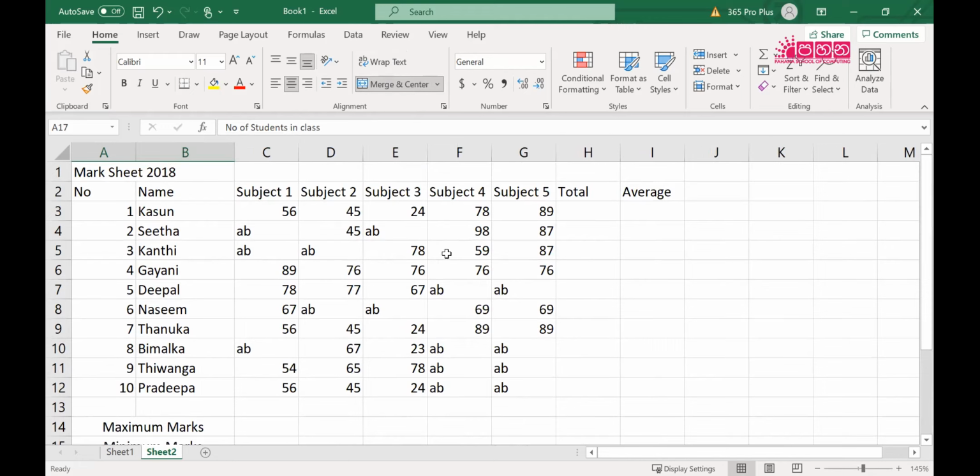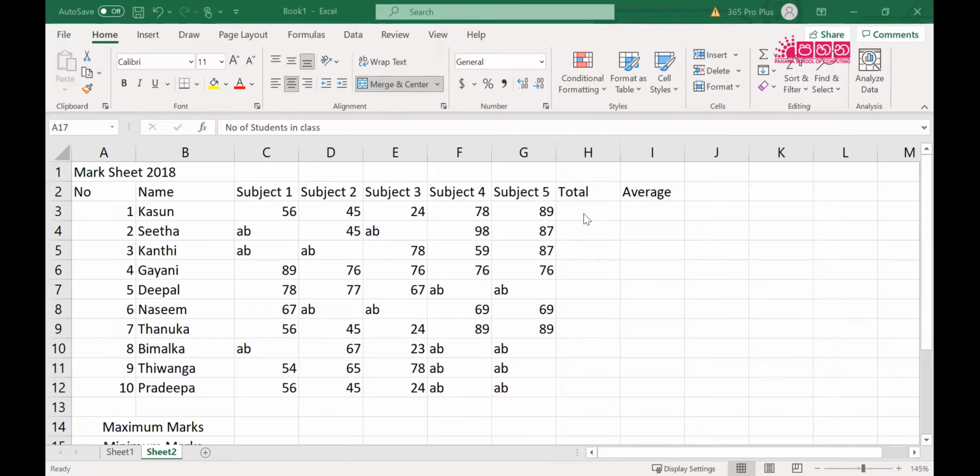Okay, now let's try with the total value. Yes, how to find the total, right? Maybe I will ask everyone to answer. So let's start with Netmi.